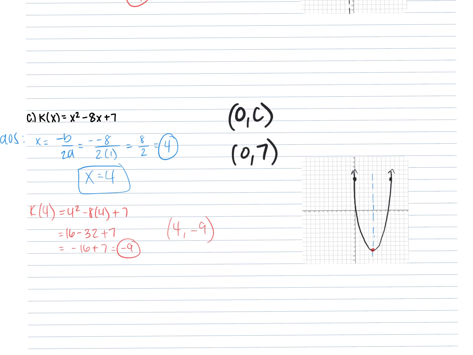If it's 0, 7, how do you go that far? What do you mean? Like, why is it so far away from the line? It can be very far away from the vertex because it depends on where your axis of symmetry is, right? Our axis of symmetry was 4, correct? Yeah. So your y-intercept is always going to be at 0, 0 comma something. So if x equals 4, it's 4 units to the right, then move an additional 4 and you'll get the